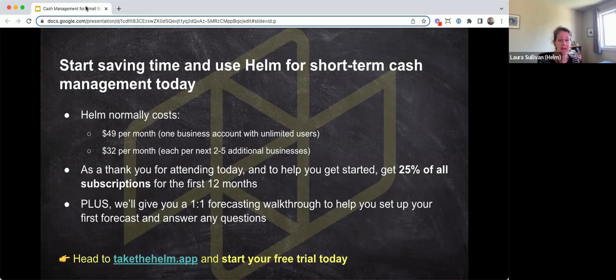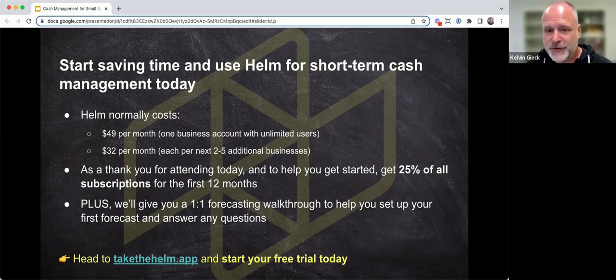And then Megan had a question. So Helm does not factor in purchase orders, just bills, correct? And yes, that is correct. At this point in time, purchase orders are a little bit interesting because depending on how people use them within the business or as a firm, they can sometimes be more of an estimate than an actual purchase order. And so we have defaulted to using just bills. So I know your question is going to basically be around, can I forecast based off purchase orders? It's not a possibility in Helm at this point in time.